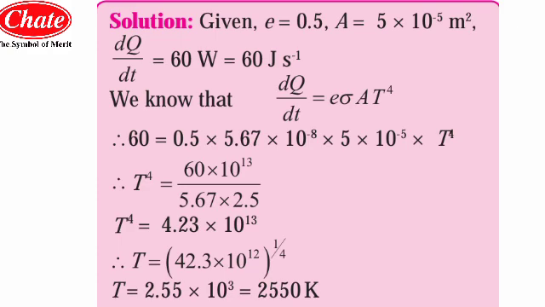So simply, if you make the calculations by using your log table, then you will get T raised to 4 is equal to 4.23 into 10 to the power of 13. So we want the value of absolute temperature only, that is only T. So the power of T raised to 4 we have just transferred to this side, then it will be 42.3 into 10 to the power of 13, means we have just to move the decimal point 1 place to the right side, so it will be 42.3 and the power will be 12 and raised to 1 by 4.